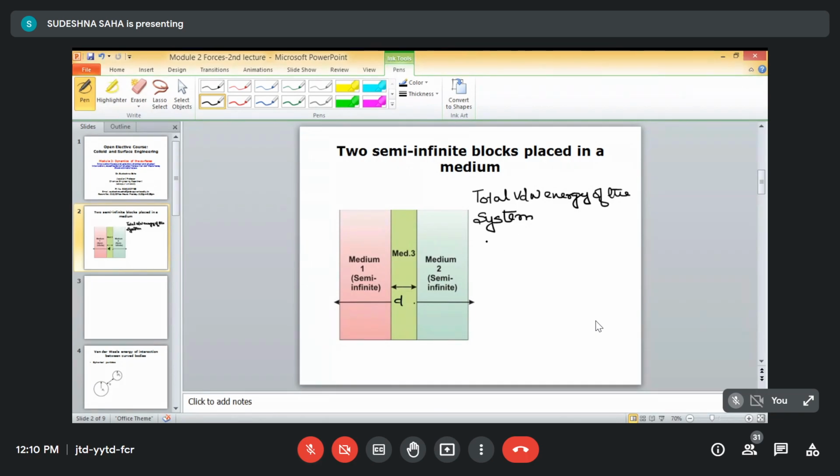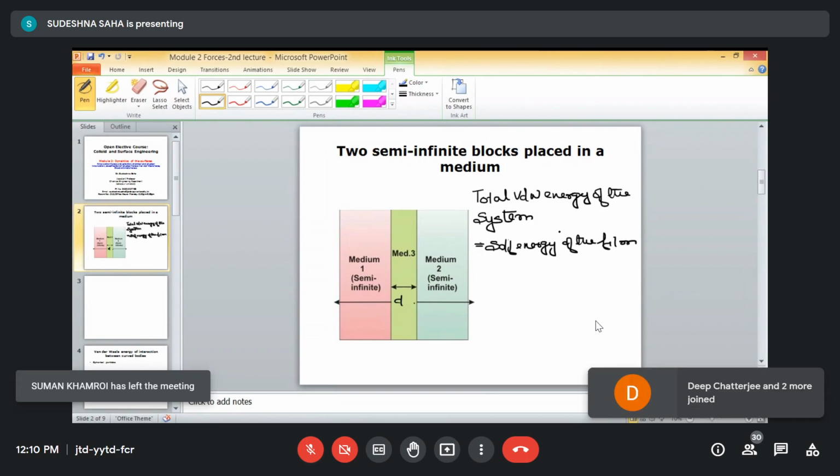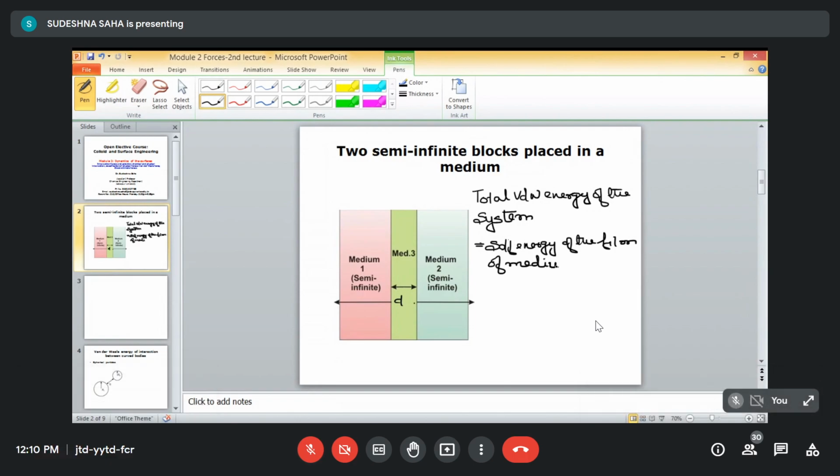It is basically the sum of the self energy of the film of medium 3 having a thickness of d,